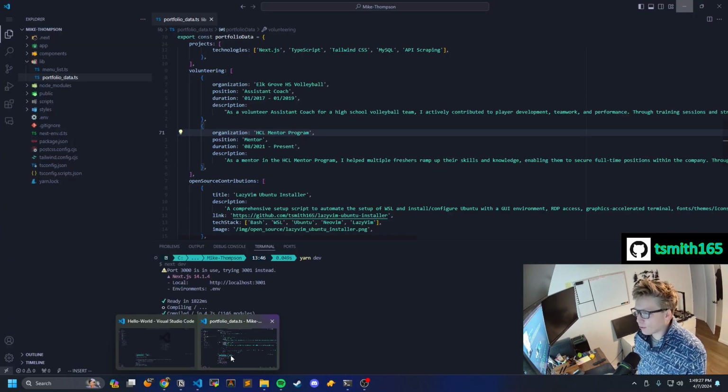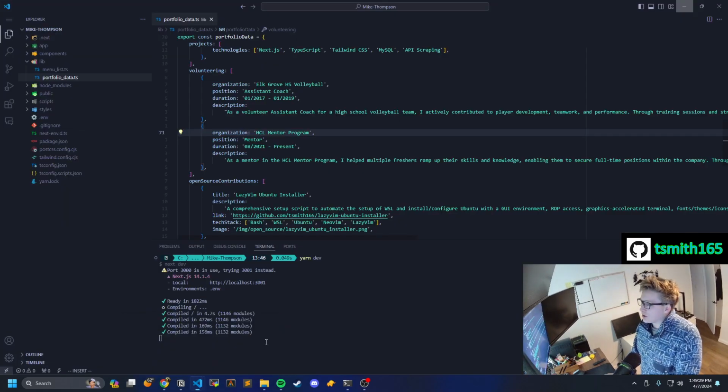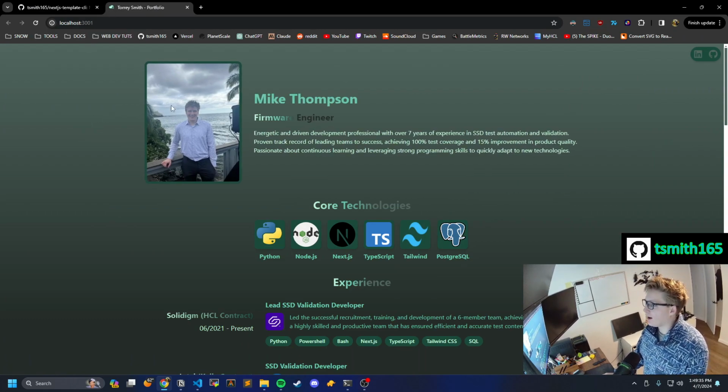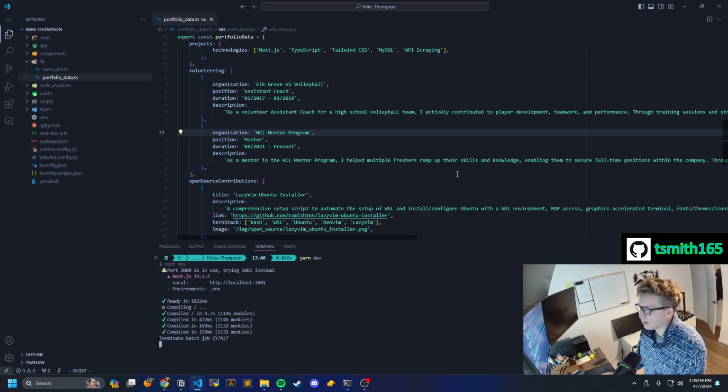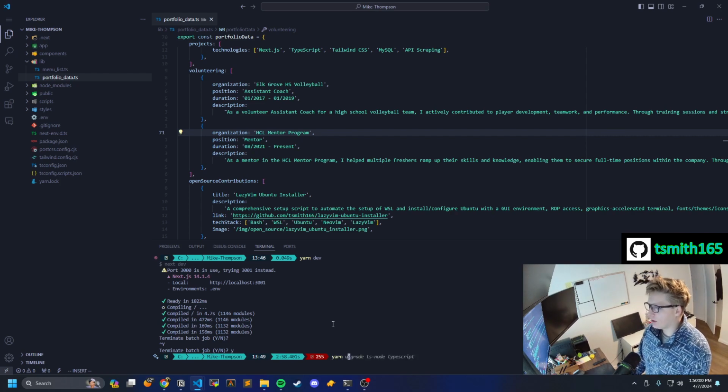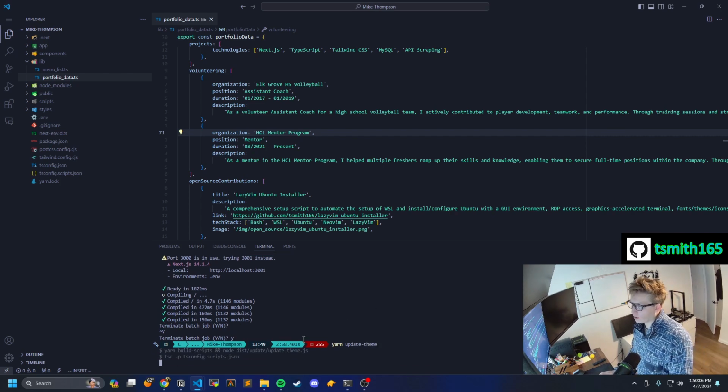But what's even better is if we can just have a script to do that for us, right? Because we want to actually update the icon colors too. If we just update the Tailwind config, it's not going to regenerate this SVG icon for us. So there are some things that the Tailwind config itself can't do. To take care of that, let's go back into our project. So here's our portfolio. We're going to turn off the dev server, if we can. There we go. And now if we run yarn update-theme,